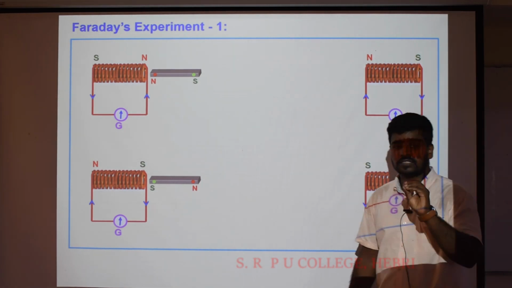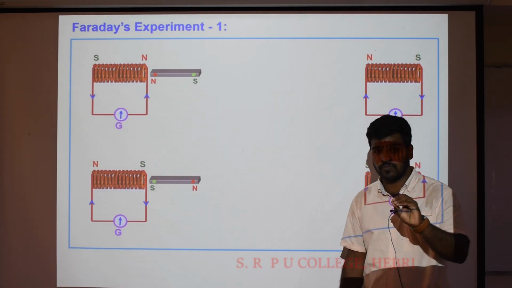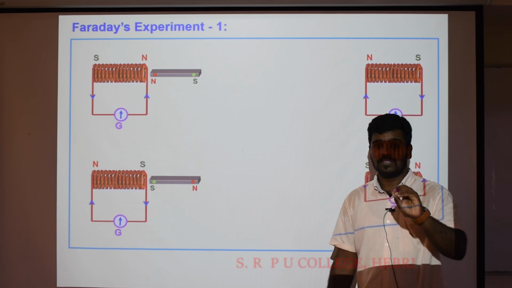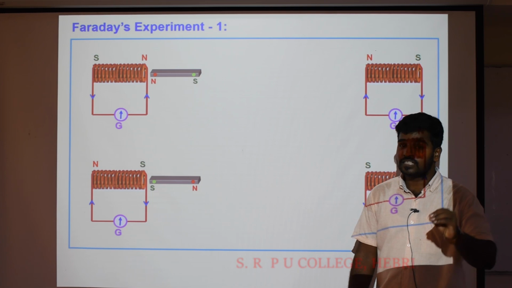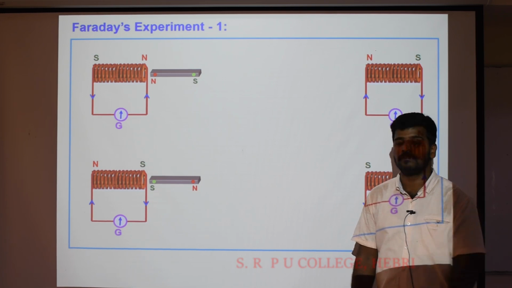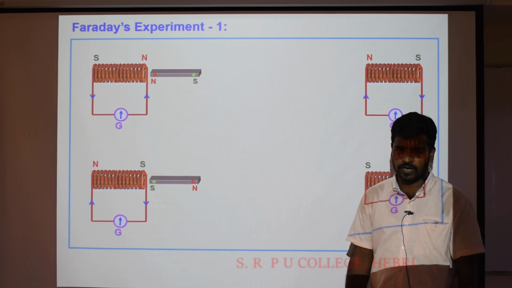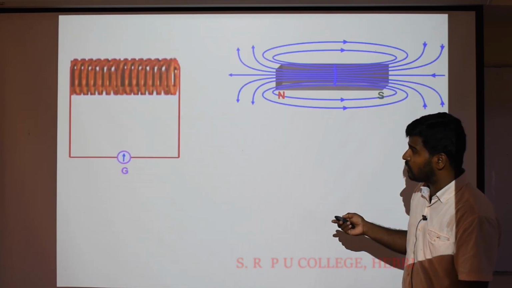Right? So what happens, children, by varying the magnetic field or magnetic flux across the coil, there is an induced current, and that process is called electromagnetic induction. This conclusion was made by the scientists known as Michael Faraday and Joseph Henry. Is it clear? Yes. The observation, we will see.